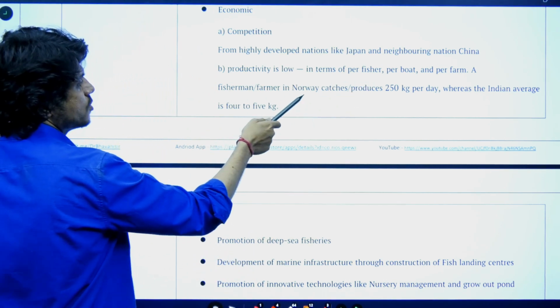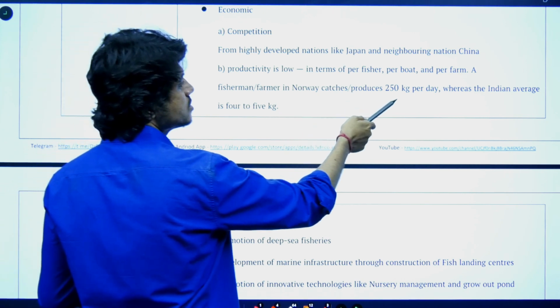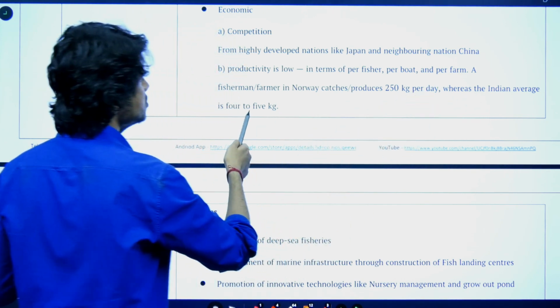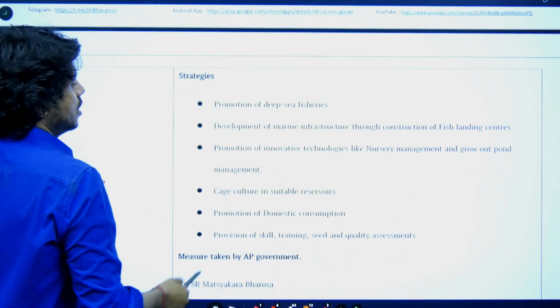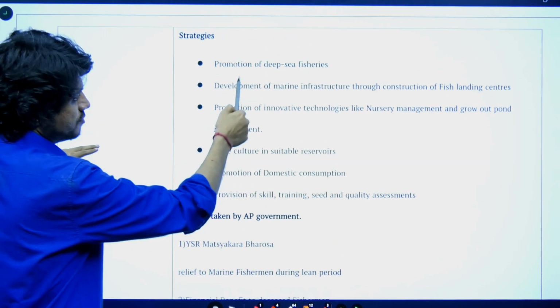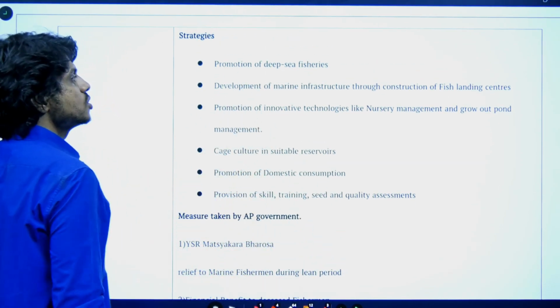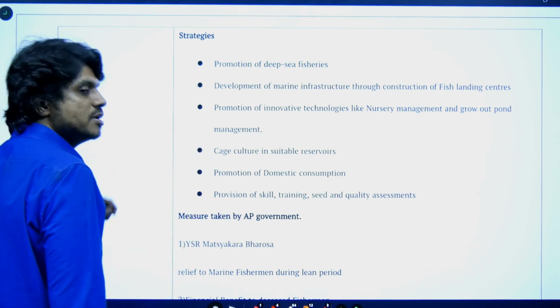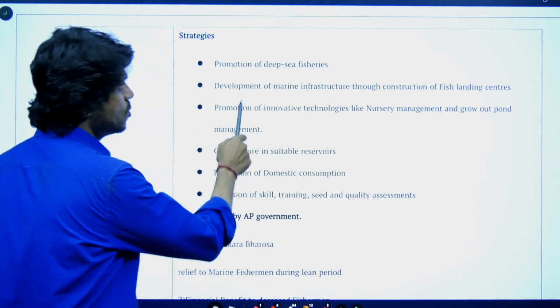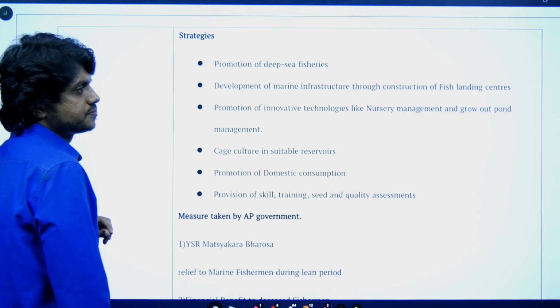So this is an important fact. A fisherman in Norway catches 250 kg per day, whereas in India he catches 4 to 5 kgs. Now these are the strategies I have directly lifted from the AP socio-economic survey. So what are the strategies that are being promoted by the government? They are promoting deep sea fisheries,